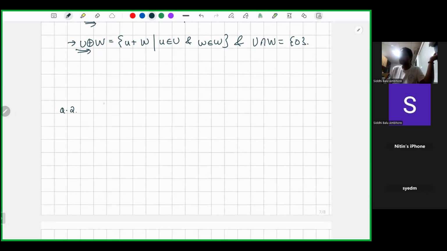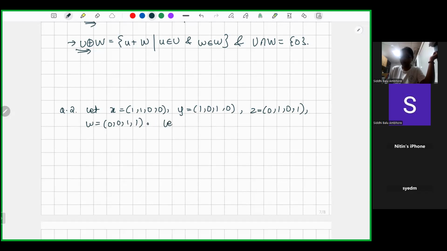So let x be 1 1 0 0, y be 1 0 1 0, z be 0 1 0 1, and w is 0 0 1 1. And they said that let U be Rx plus Ry, and they are defining U and W like this